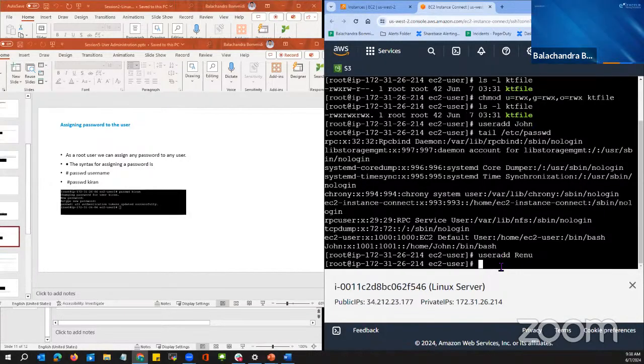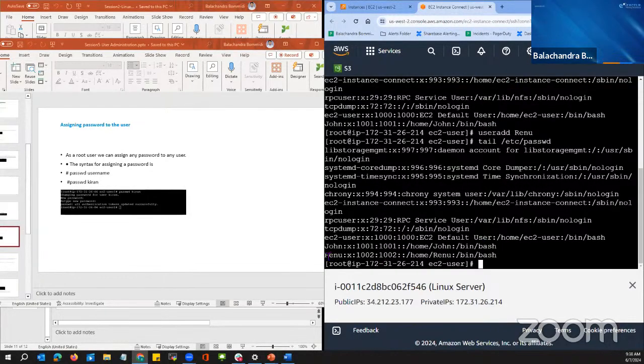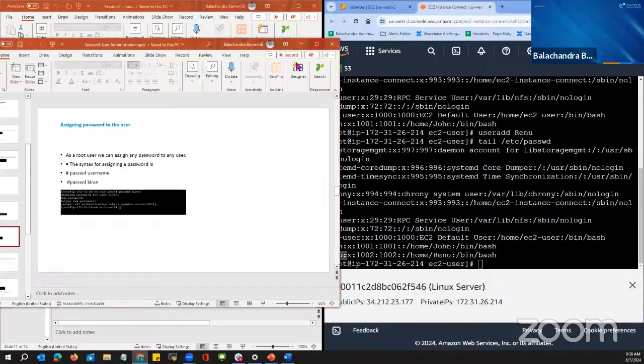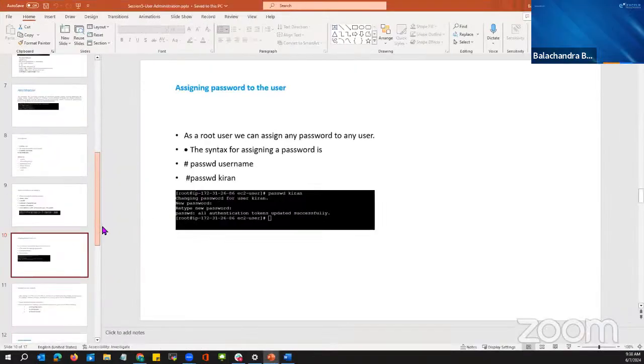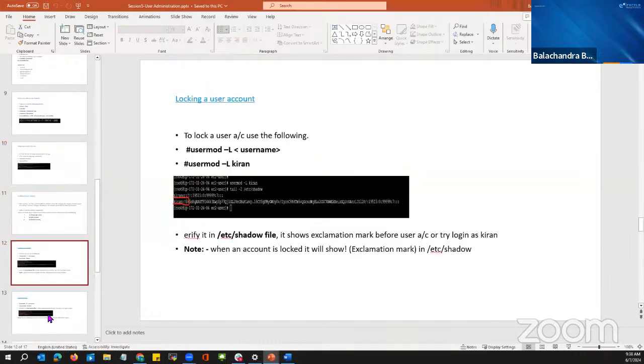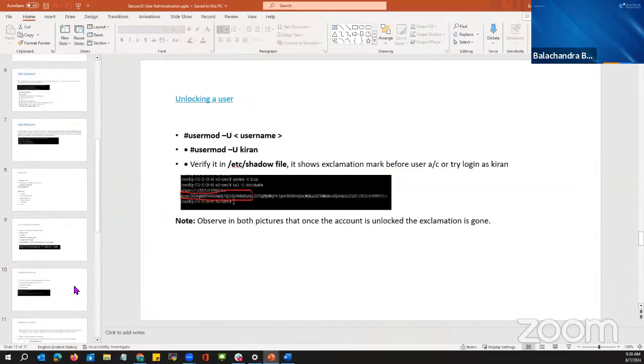So if I try to create one more user, useradd Renu. I'll try to see if the user has been created or not. See, Renu user has been created. In this way, I can try to create multiple users with this command, and I can try to assign the password as well. Okay, this is all about